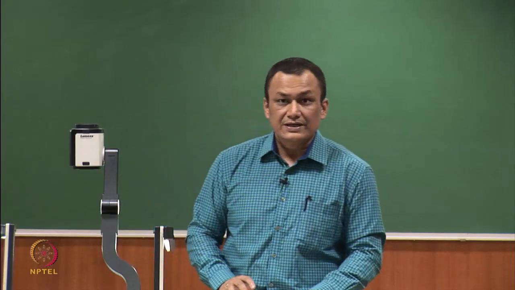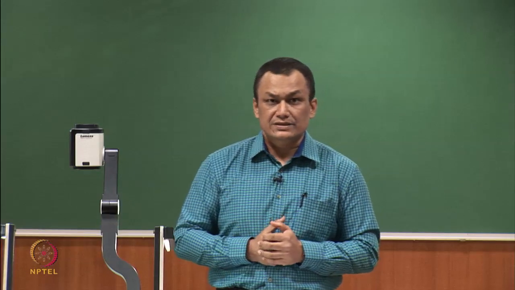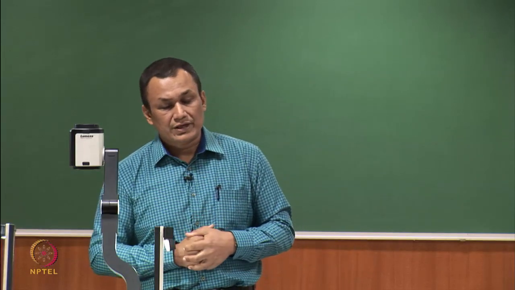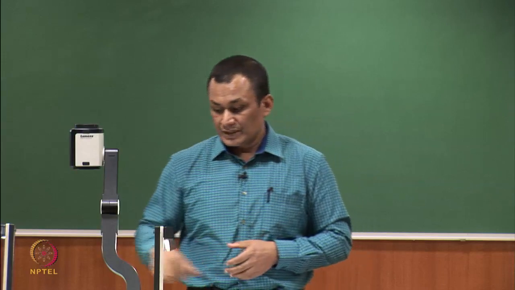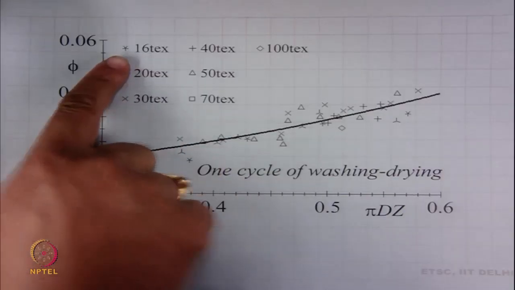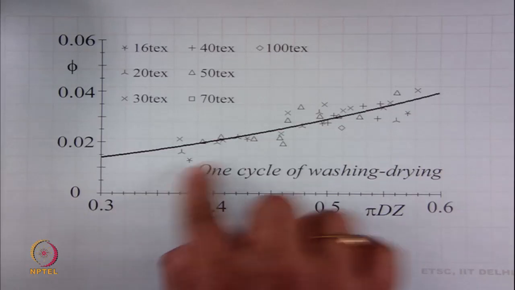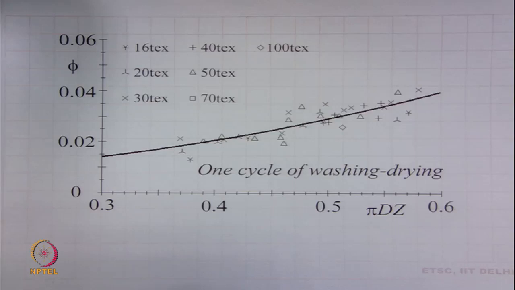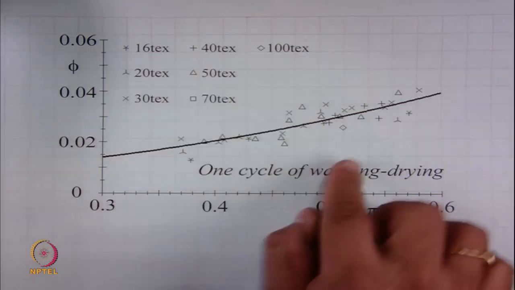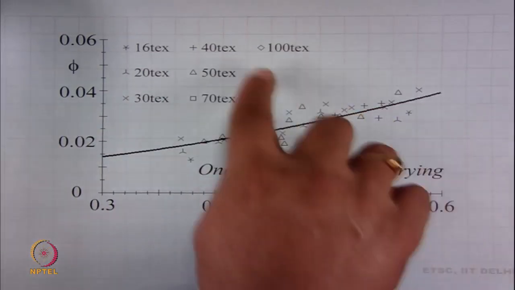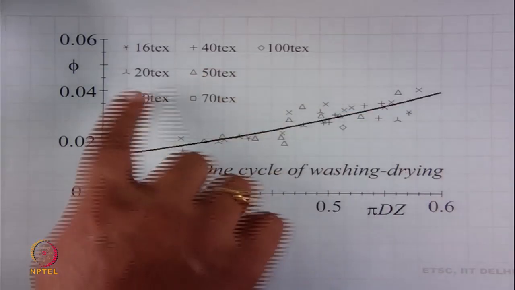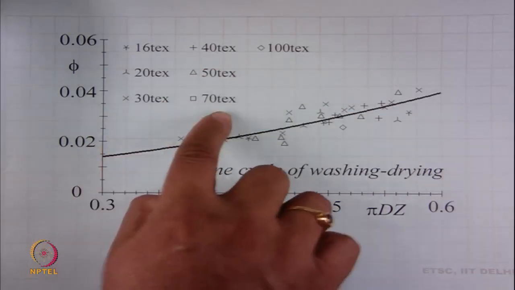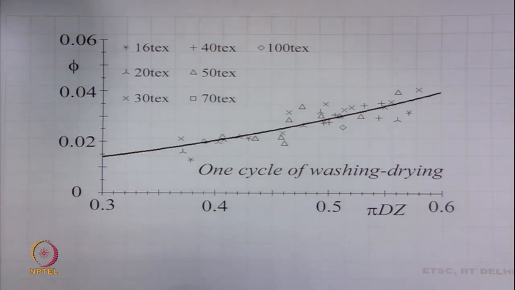These are the experimental results of shrinkage after one cycle of washing and drying. We used many yarns, all were cotton carded yarns, but of different counts. 16 tex is a star. So, wherever you will see star, that corresponds to 16 tex. Wherever you will see plus, 40 tex, rhombus 100 tex, 20 tex, 50 tex, 30 tex, 70 tex. So, different fineness of yarns we prepared, and